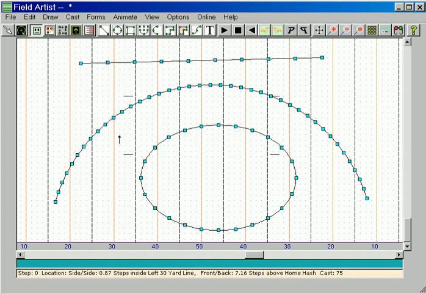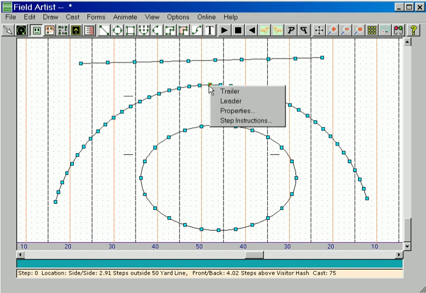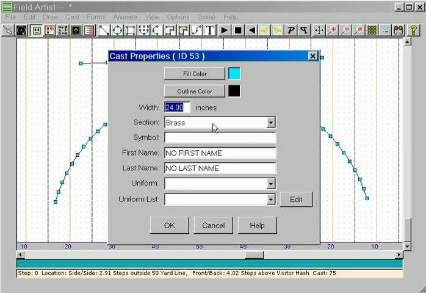So we talked about this pointer, we talked about dragging people, and we talked about how to put them between two other people. I guess I should talk about the right click. Just like the forms, you can right click for a menu. On the people, you can also right click, and you get different menus that you can use. But for now, let's talk about properties. And properties, you can set a lot of properties. You can set the color and a bunch of things,